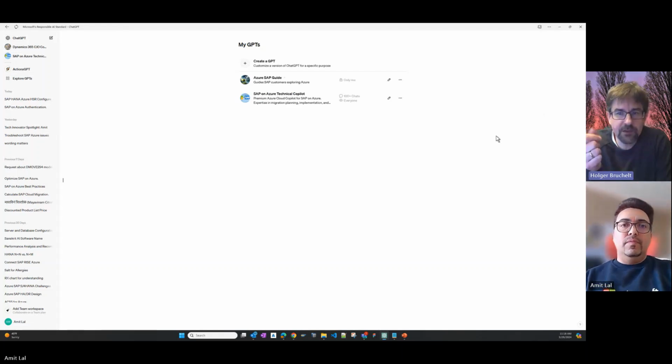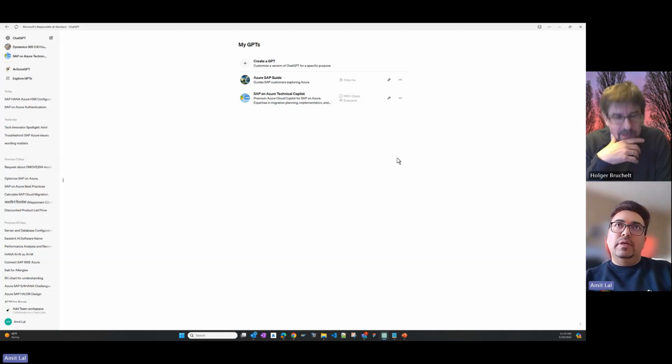In order to use this, I obviously need to have a ChatGPT Plus subscription from OpenAI, basically. Yes. It's $20. But then I can use this plugin, or this GPT, for free, basically, right? Or are you charging for this one? No, this is all free. Once you have the monthly $20 subscription, that comes as a part of it.